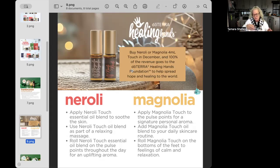That's what I have it in my rotation of. I have Magnolia, and Jasmine is another of my favorites, with the Whisper blend, the Passion blend, all the touch rollers, right? I have those, and I kind of cycle through those each day, whichever one I'm feeling. Neroli I haven't used, only because I was using it for someone with the Symphony of the Cells. And that's the only way it comes, is in the roller. We don't get it in the 5 ml, and I needed to do drops. And so I popped the roller out and put a dropper thing on there. And so I haven't replaced it yet. So anyway,